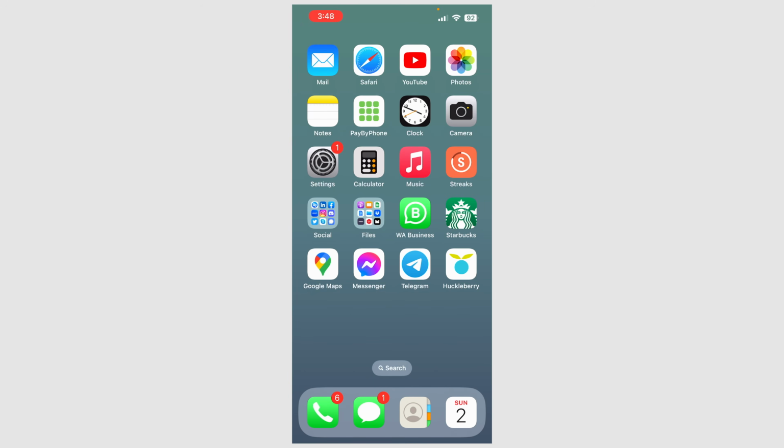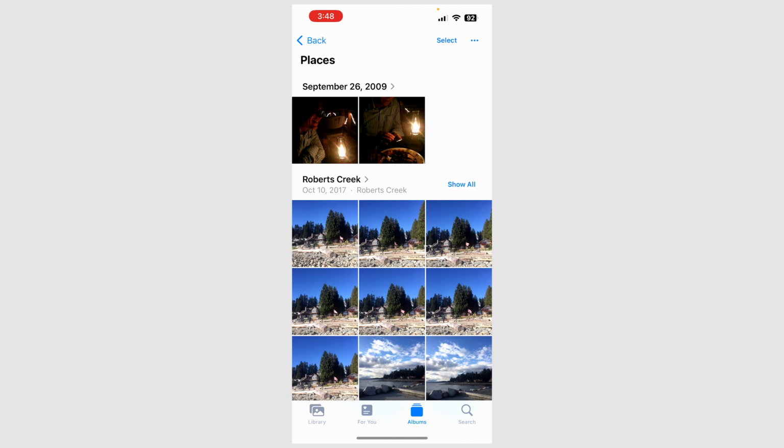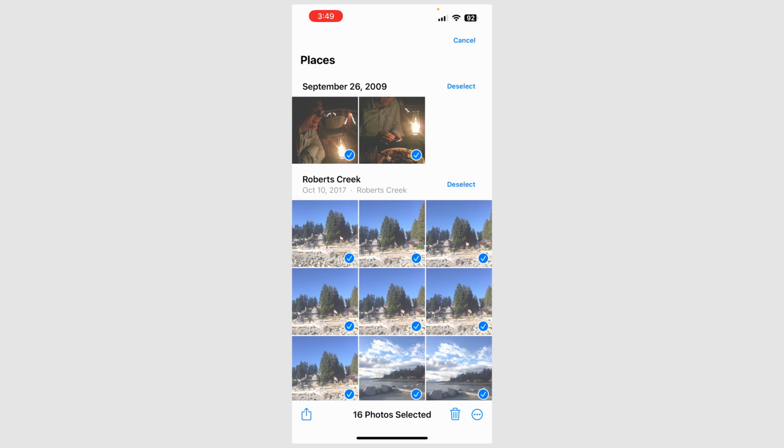So you just go into Photos, and then go to the beginning of the trip, the beginning of the photos you want to share. And first you need to choose the photos that you're going to share. So you tap Select in the top right, and you can individually tap on photos, of course, to choose those. Or you can tap Select for the groupings.